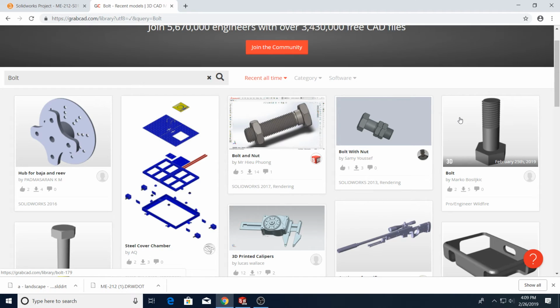GrabCAD started as a central repository of common parts, and it's kind of shifted over the last couple of years into an educational resource. So people have created homework assignments and projects that were required to be uploaded to GrabCAD as part of their requirements. We're not doing that for the scope of this class, but I want to point out